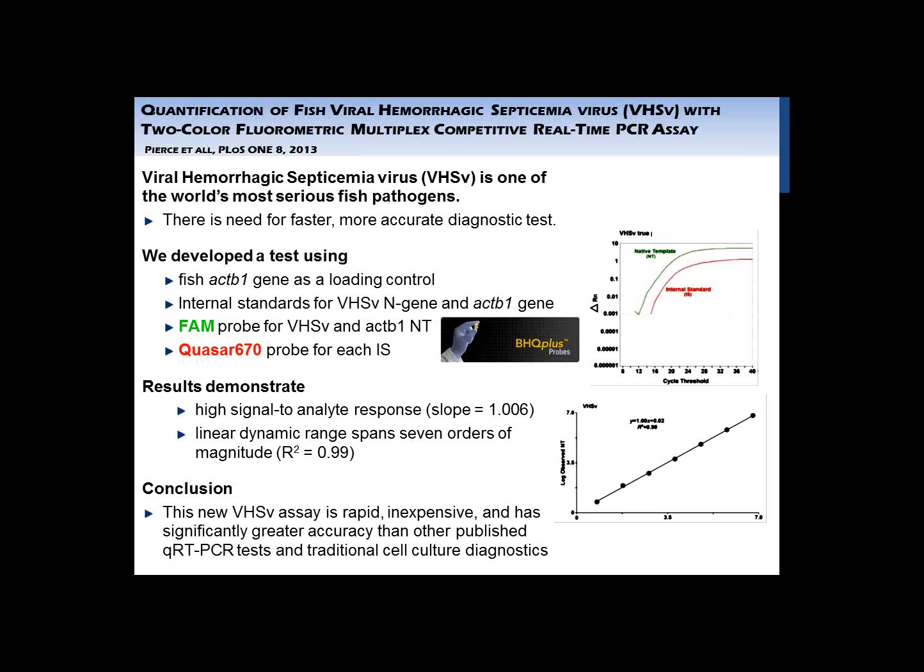So next, I'm just going to talk briefly about this test for viral hemorrhagic septicemia, and it was in this paper by Pierce et al. last year. There was a need for a faster, more accurate diagnostic test. We developed a test with the fish beta-actin gene as the loading control. We had internal standards for the viral hemorrhagic septicemia N gene and the beta-actin gene. We used a 6-FAM BHQplus probe for VHSV and beta-actin, and a Quasar 670 probe for each IS,